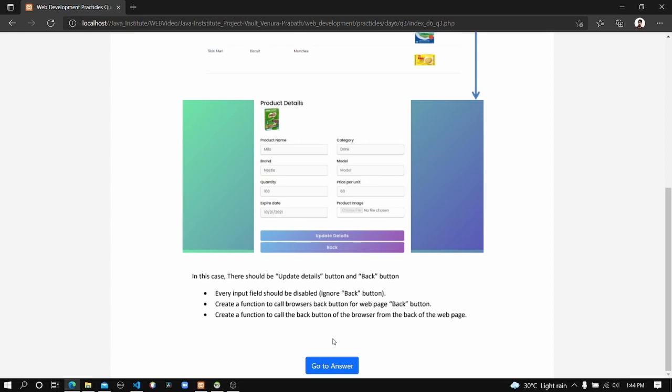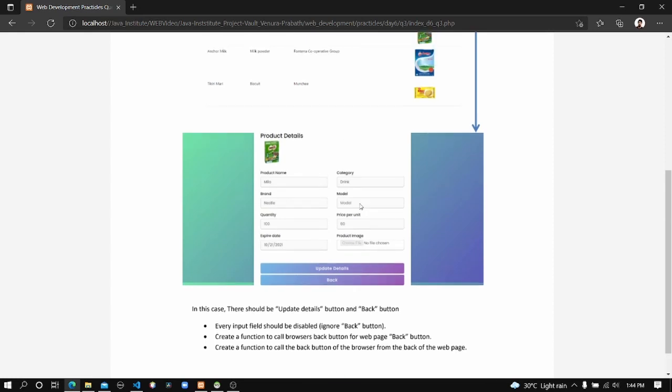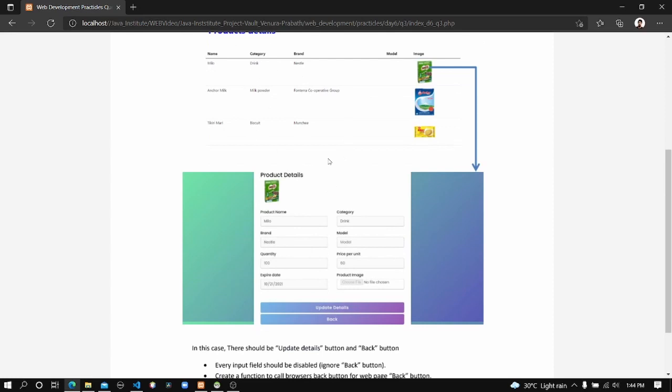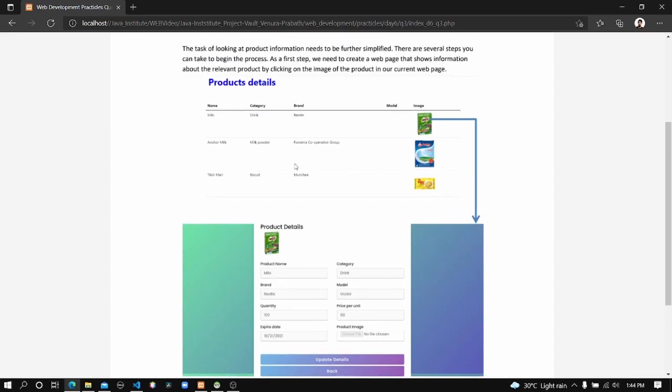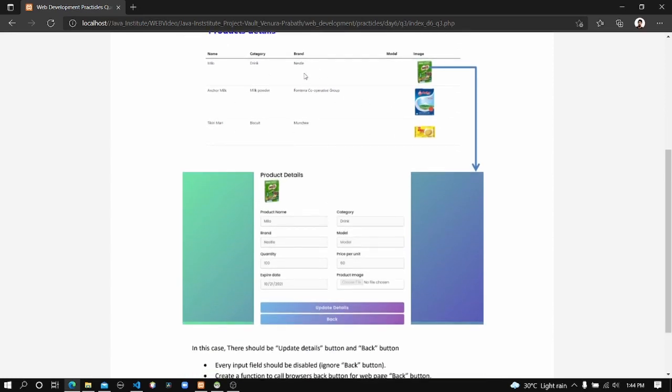Here you can see the page we created in the previous video, but in that video this function is not included. When someone clicks on a product image, he should be redirected to a separate page, and